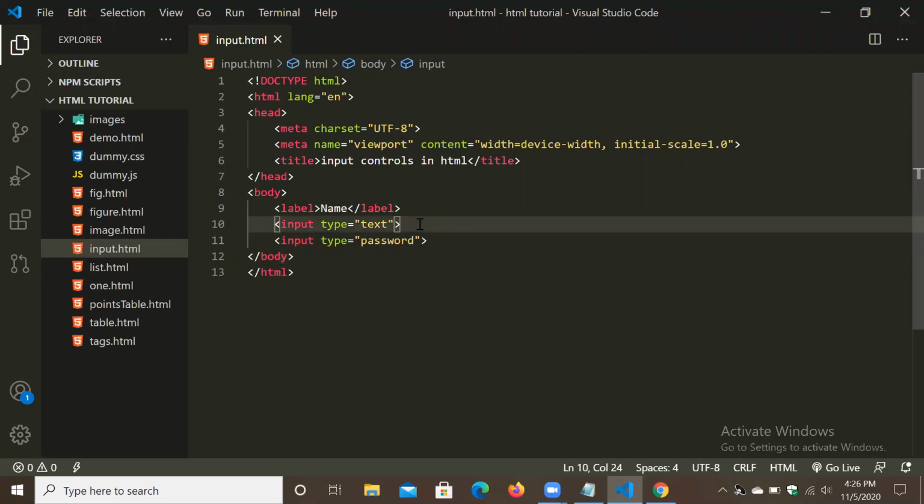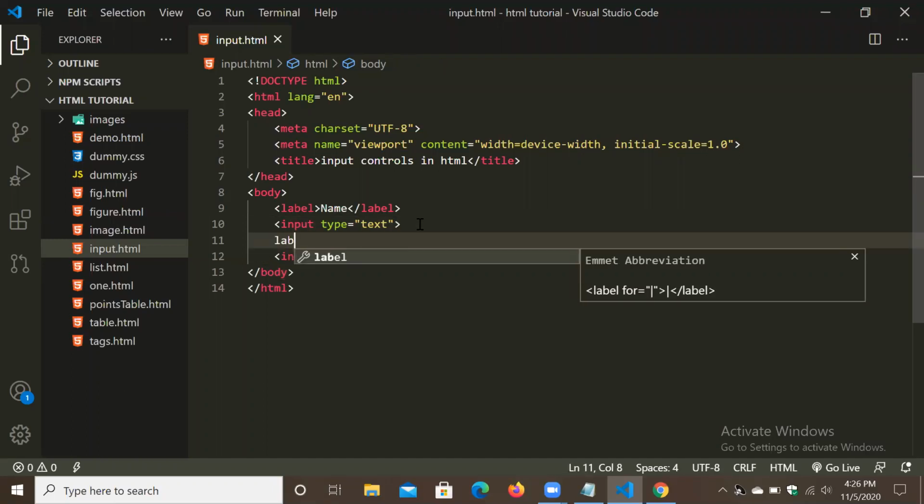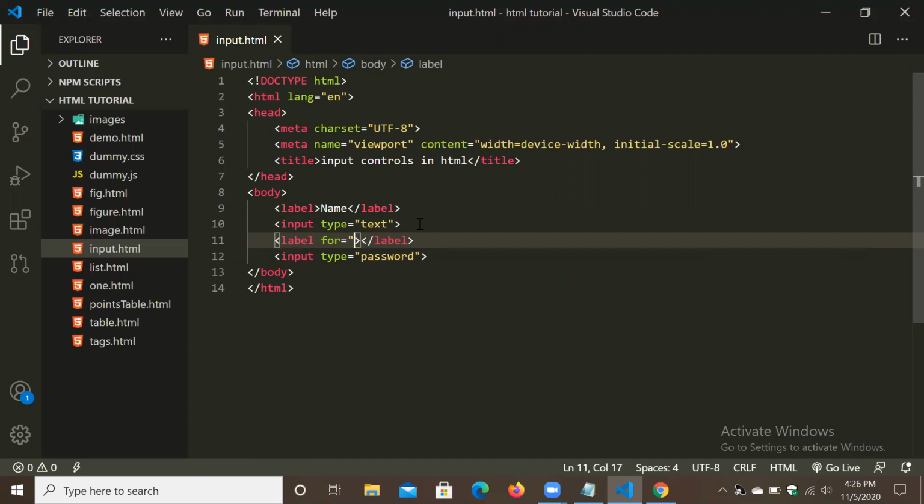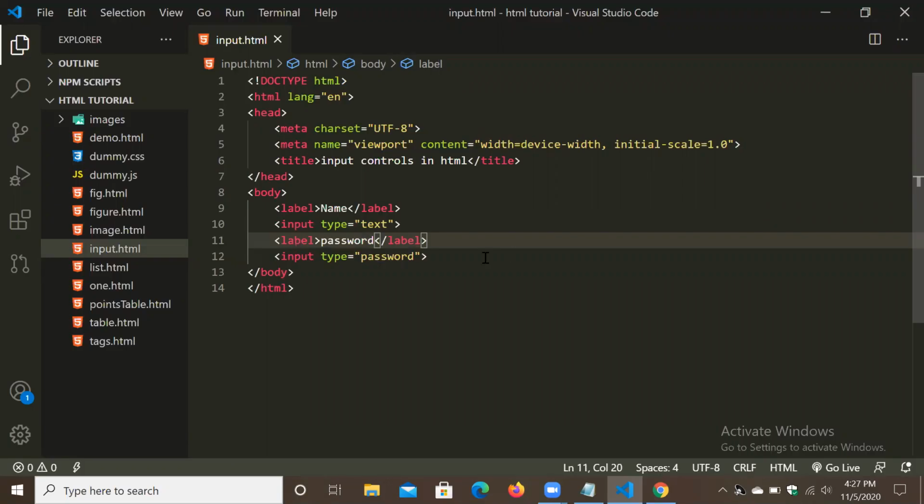How we can use this? Like we can use another label before that, and we can give here password. Okay. Look, name and password. Okay. So like that we can use.